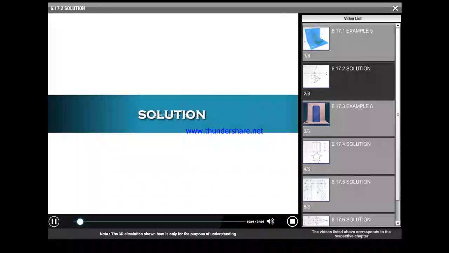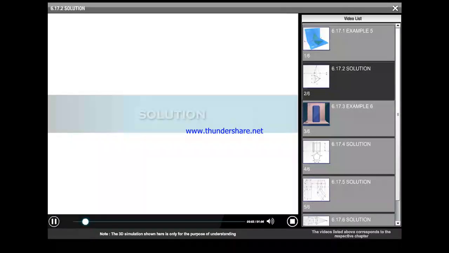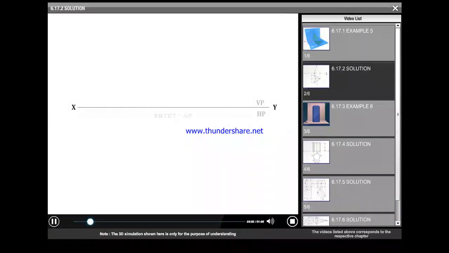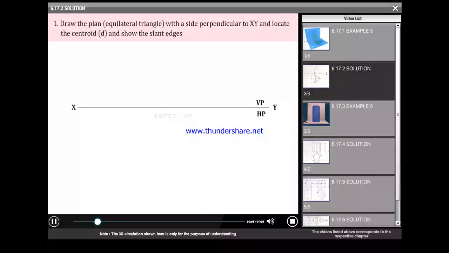Solution to example problem 5. Draw the plan, which is an equilateral triangle with a side perpendicular to XY, and locate the centroid D and show the slant edges.